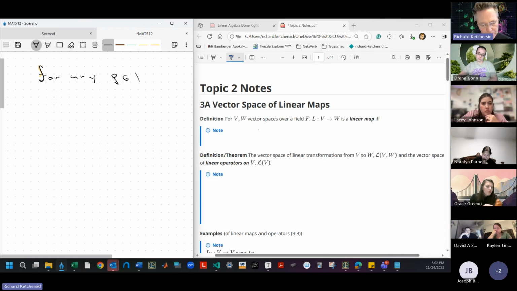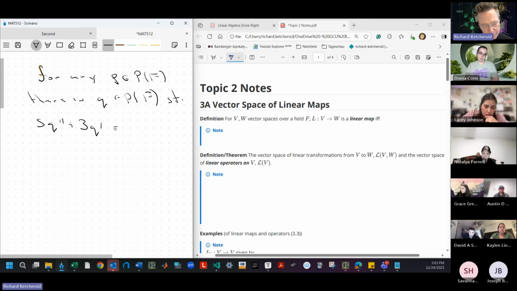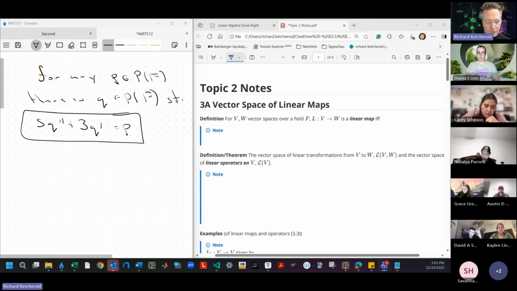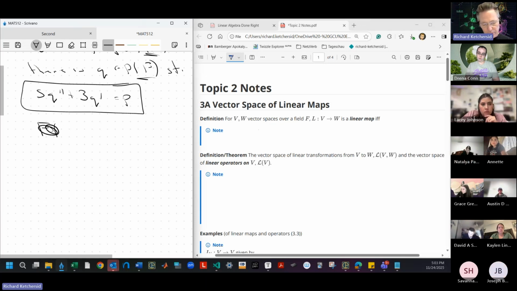For any p in P(F), so these are just polynomials with coefficients coming from the field F, there is q in P(F) such that 5q double prime plus 3q prime is equal to p. Okay, and it says use linear algebra, right? So you're supposed to do something with linear algebra, not just differential equations. Now, of course, these are all polynomials, like I said, right? So my suggestion, without just totally giving it away, is to look at